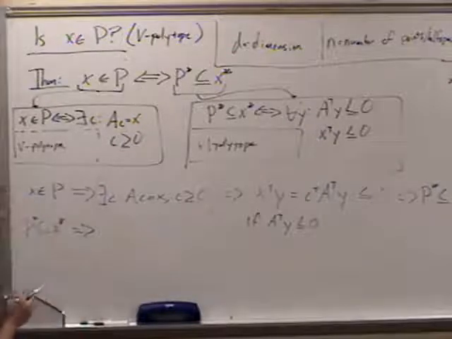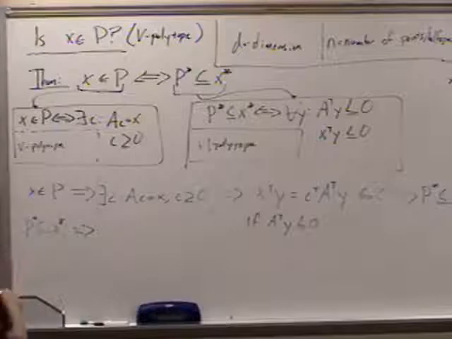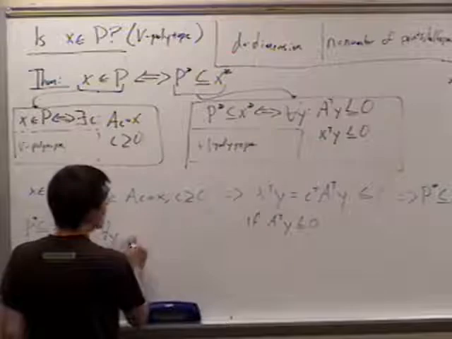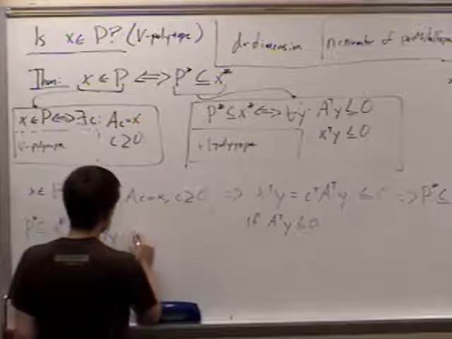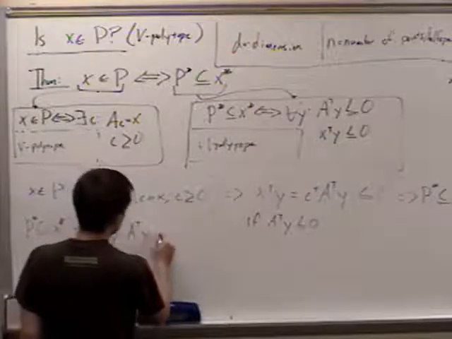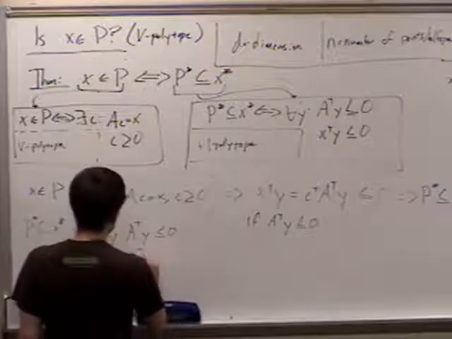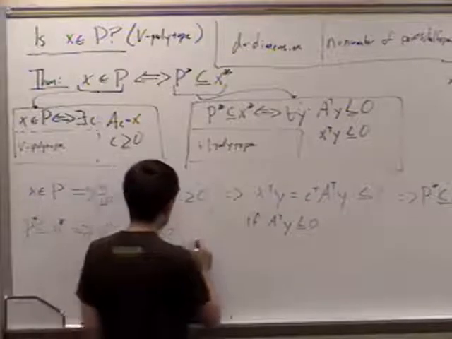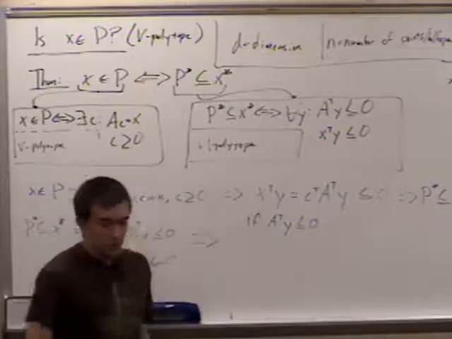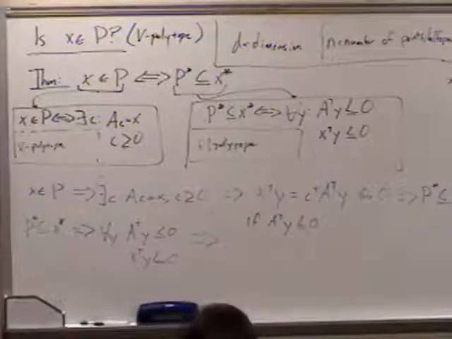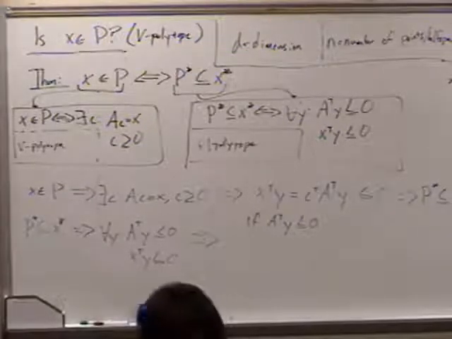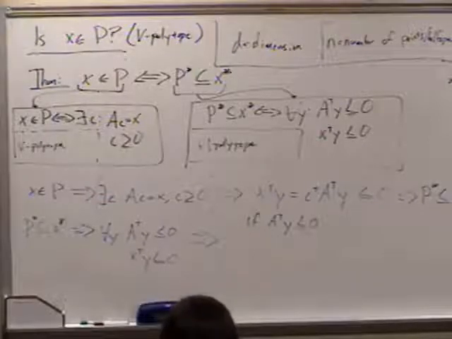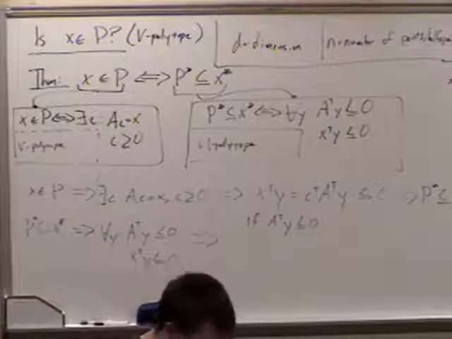This implies that for all y such that we have A transpose y less than or equal to 0, x transpose y is also less than or equal to 0, which now means that because A transpose y is less than or equal to 0,